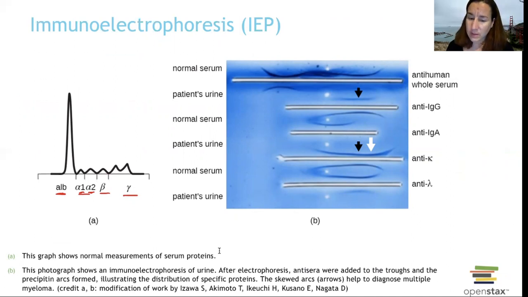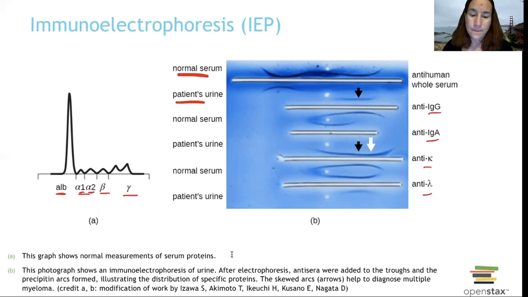So here we have run a PAGE. We ran a polyacrylamide gel electrophoresis. And with the PAGE, we are going to compare normal serum and patient's urine throughout. Remember we said that the proteins will spread out on how small or big they are. So here we have our different ones, IgG, IgA, and these two here, to compare normal versus patients. So we run the PAGE, and then we're going to put these